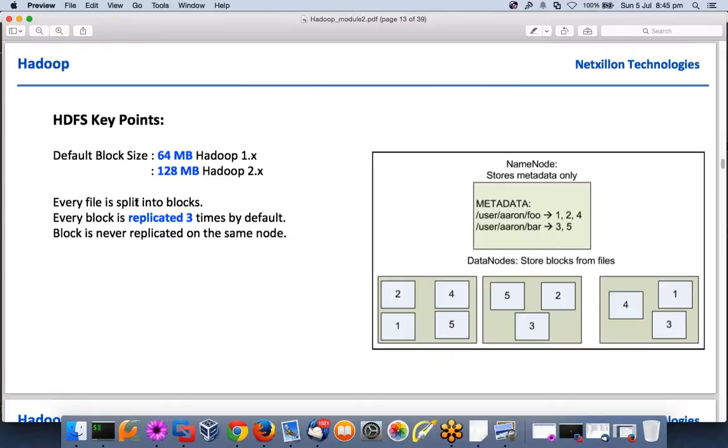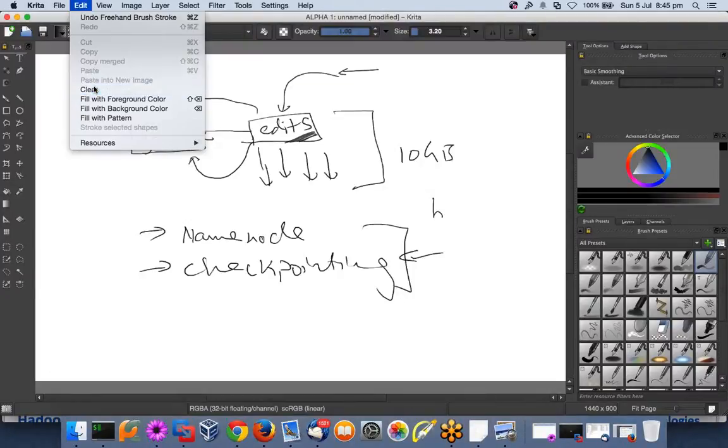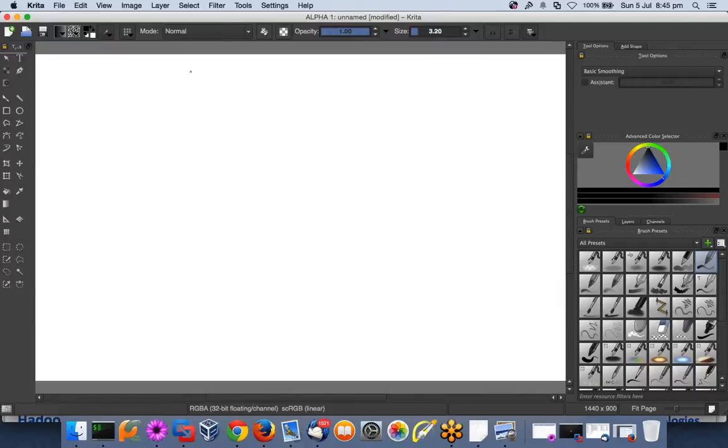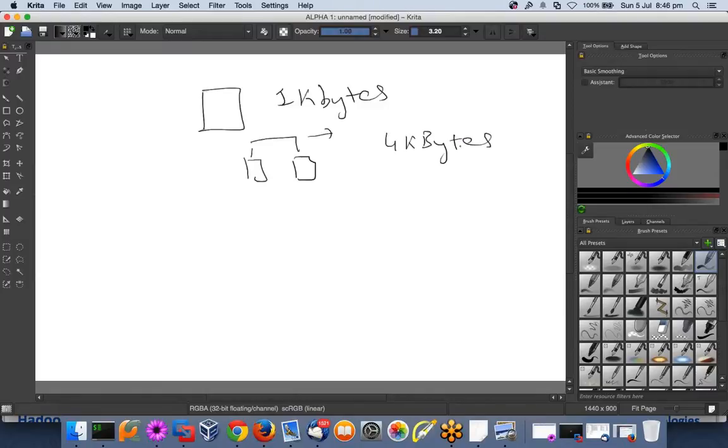So whenever I write a file to HDFS, it will be split similar to any file system. For example, even if we write a file to Linux or Windows, however small it might be, let's say 1 kilobyte, it will be split into smaller blocks depending upon the block size of your file system. So in Linux, ext3, ext4, whatever we use, the block size could be 4 kilobytes, right? Similarly in Hadoop, this has become 64 MB,